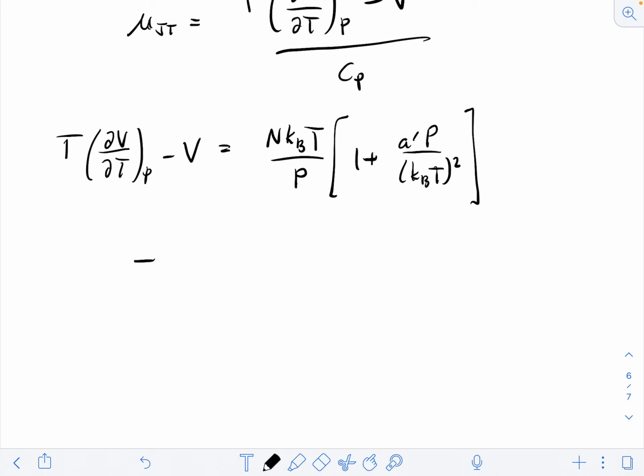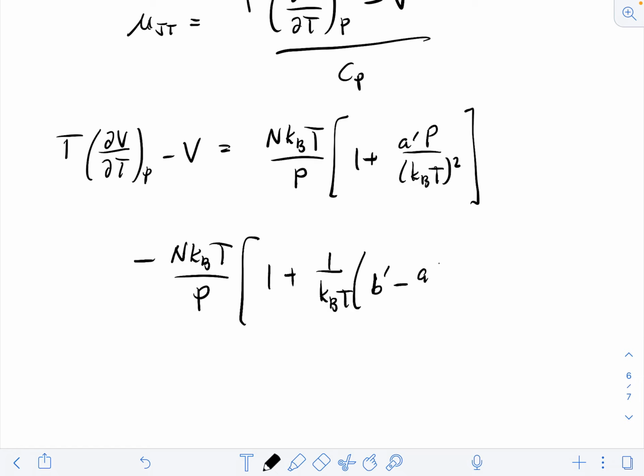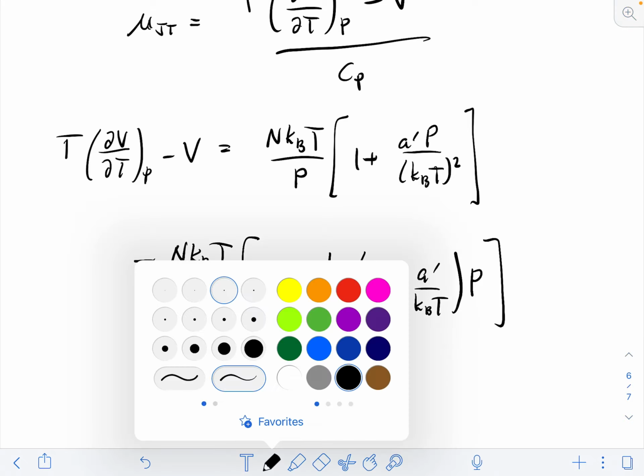So we have minus N k_B T over P, and all of that stuff was a 1 plus 1 over k_B T B prime minus A prime over k_B T and pressure. Okay,